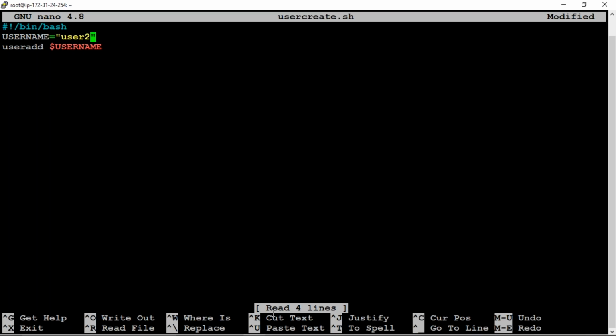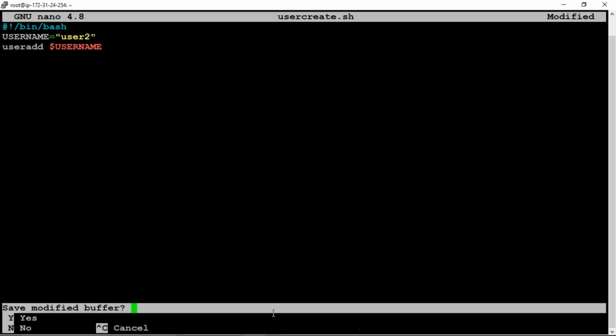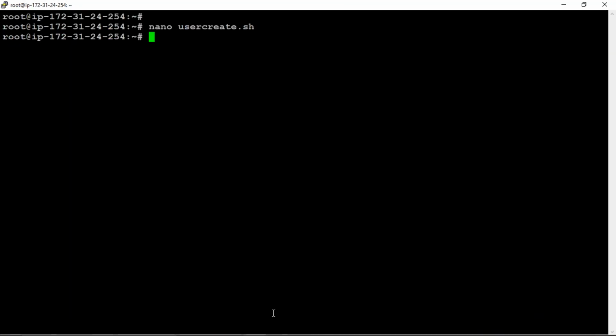Now save and exit: Ctrl X, Y and enter. Now execute again, dot slash your file name. Enter. So now it is successfully executed.